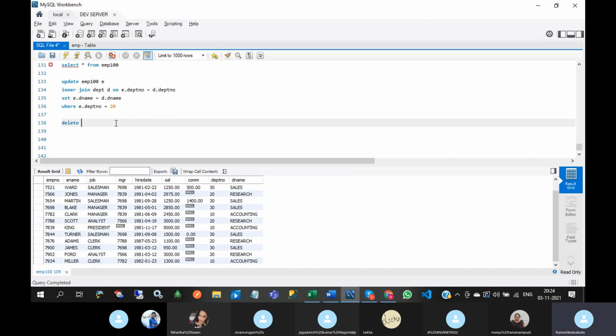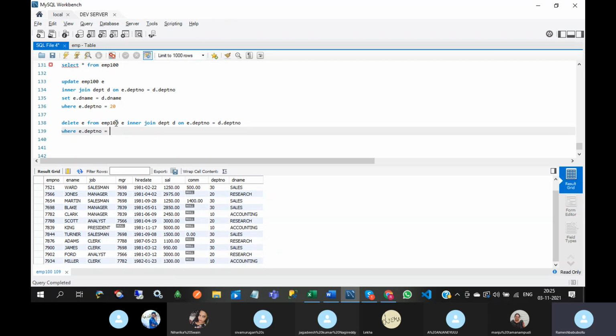So delete EMP100 from EMP100 E join DEPT D on E dot DEPTNO equal to D dot DEPTNO, where E dot DEPTNO equal to 10.